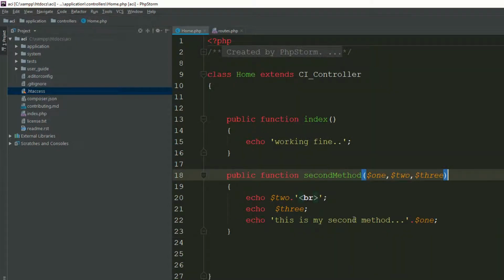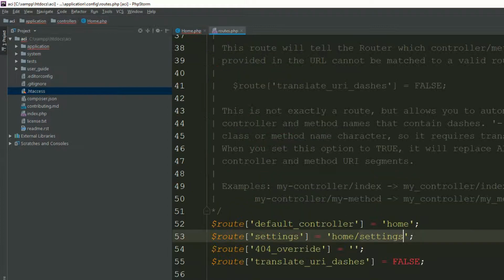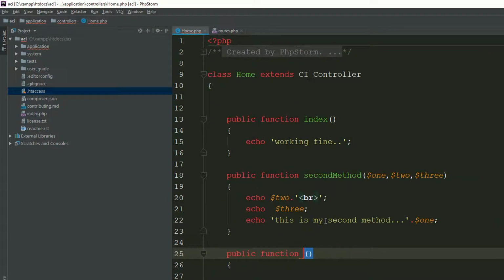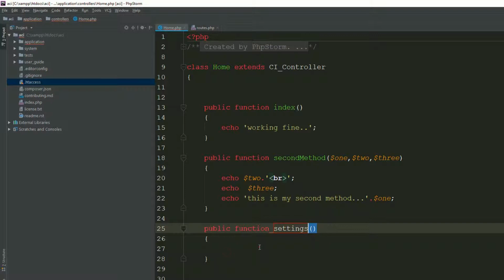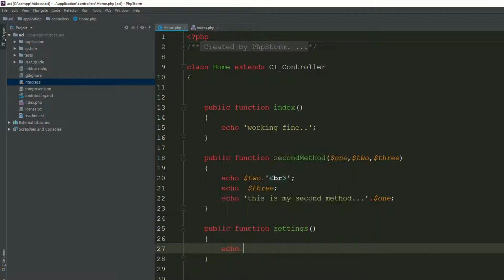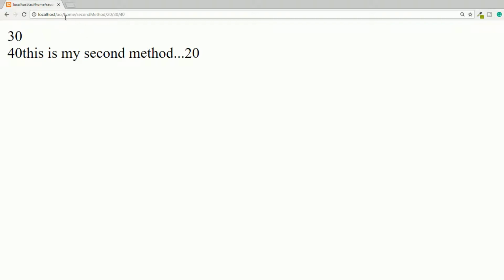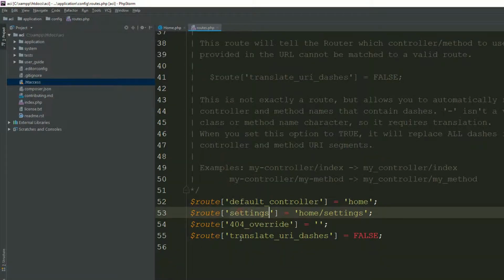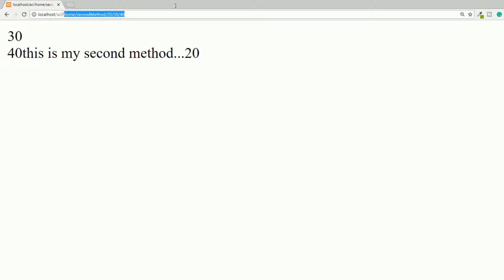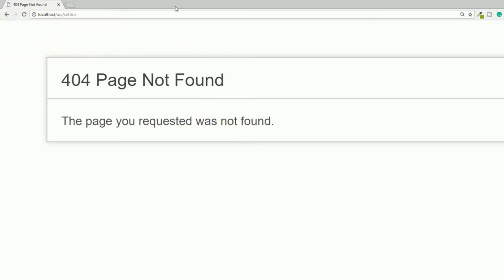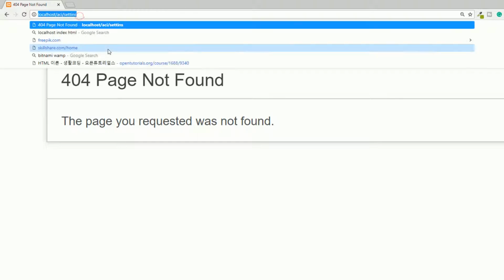So how can you do that? First of all, create your method here, and now write your method's name, settings. So settings, and echo something. Suppose I'm saying working. Go to your page, refresh the page. Now access this route. Suppose you can write settings, hit the enter button, settings, spelling mistakes,